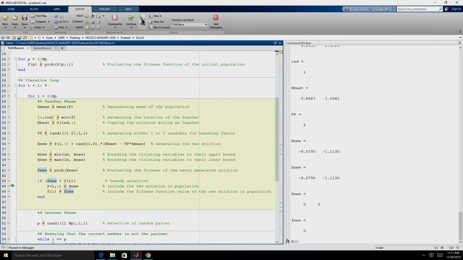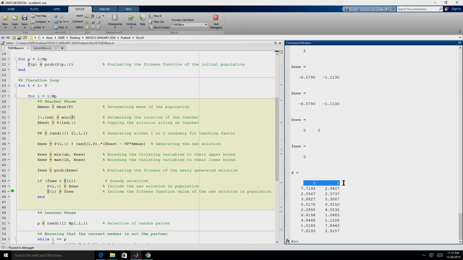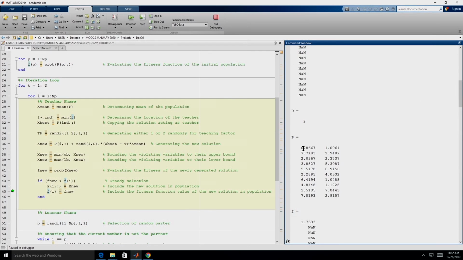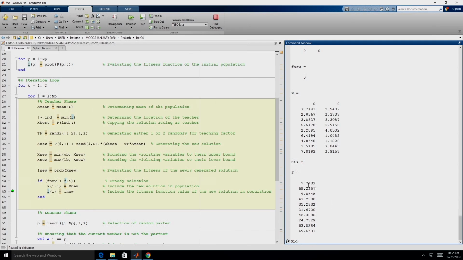So, step. Now, the first member has been overwritten. The member which we had, 0.8667 and 1.0061, has been discarded. Discarded in the sense it has been removed from here, and we did not store it elsewhere. Now if I type fitness f, it is 1.7633.